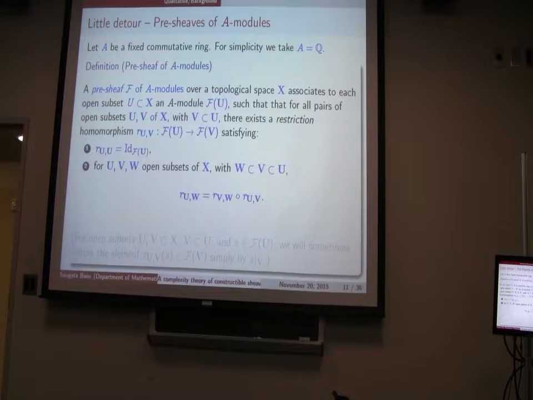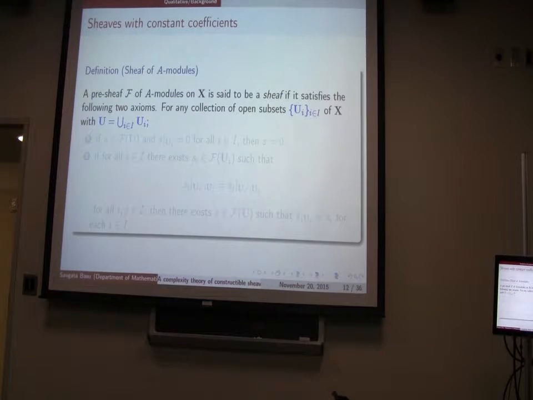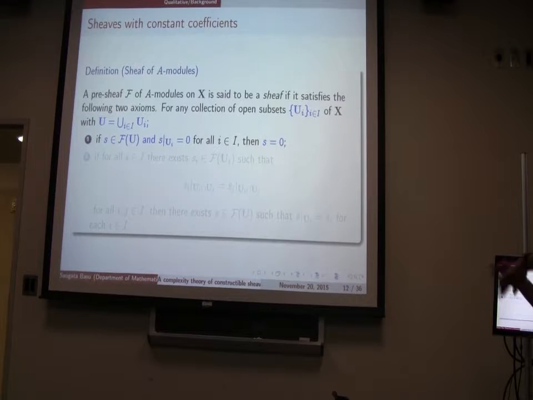Okay. And so we call a pre-sheaf a sheaf if in addition it satisfies these two other axioms: if you have a section s, which is an element of F(U), and two sections that agree on an open cover, then they must be equal. Or in other words, if s restricted to each U_i in an open cover of U is 0,